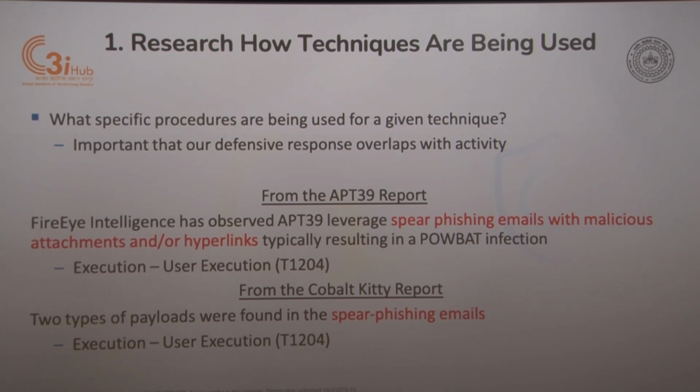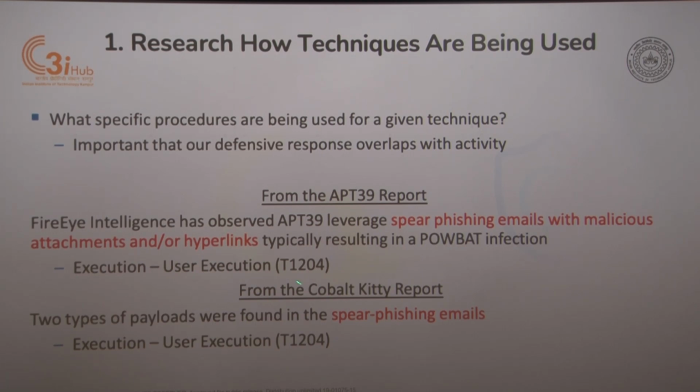As we had threat reports in our case study in the last class, we will look at those threat reports for APT 39 and Cobalt Kitty and see how they explain that user execution is being done. In the APT 39 report, we saw that this group is leveraging spear phishing emails with malicious attachments and or hyperlinks, typically resulting in a forward infection. So we can understand that a spear phishing email comes to the victim, who clicks on that link or attachment, which causes the user execution technique